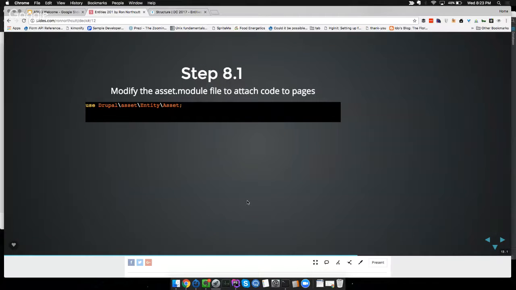Okay, we're getting pretty close to the end here. We've got the ability to create the files, add the files, do all the cool stuff we need, but now we need to figure out, once we've created a file, or an asset, excuse me, and then it creates a file, we need to add that and attach it to pages. Has anybody attached libraries in Drupal 8? Yeah, it's kind of weird. It's not quite as easy as it was in 7,